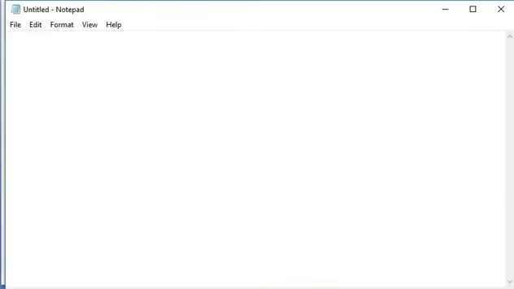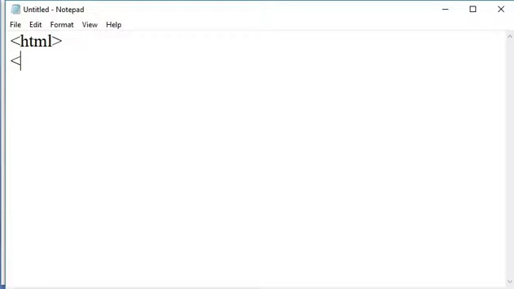Next is an example of the nested if else statement. Let us see the example. First step is to open Notepad. In this, write the HTML tag.